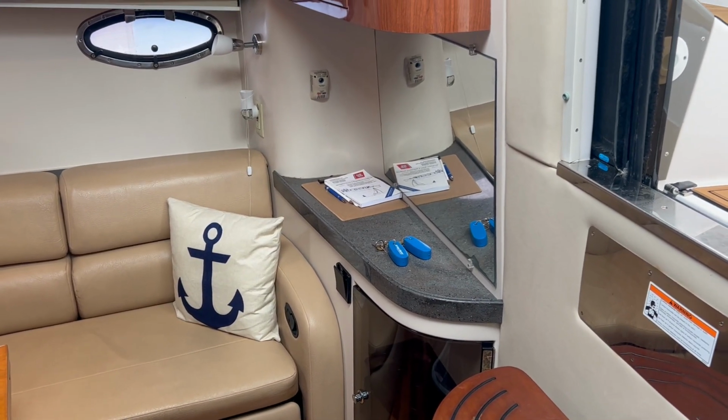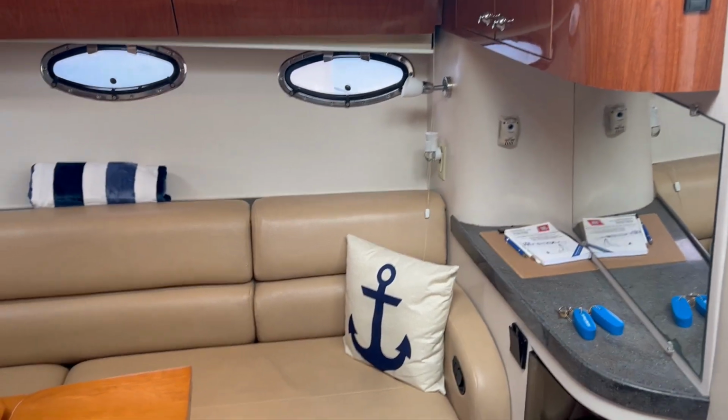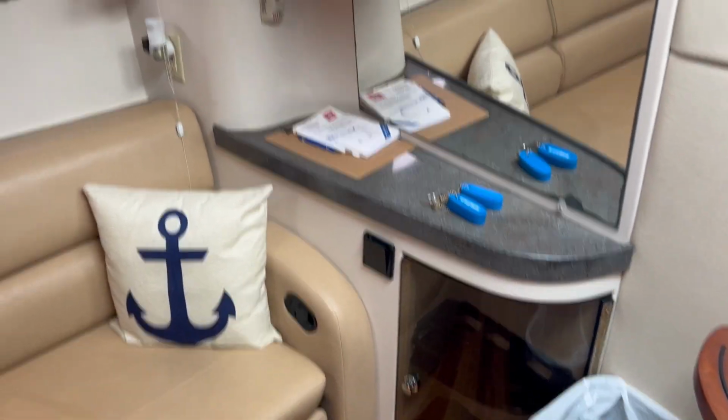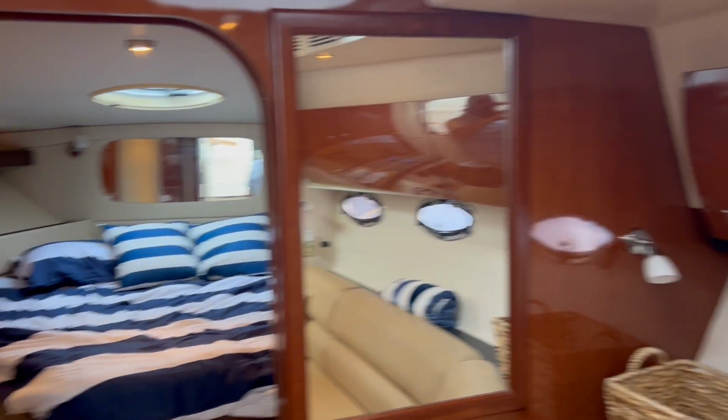Good morning. I'm going to walk you through the cabin of the 2009 4060 Regal Commodore. To starboard, you have a big settee. Just aft of the starboard couch, you have a wine cooler, counter space, indirect air conditioning above, head, nice mirror,